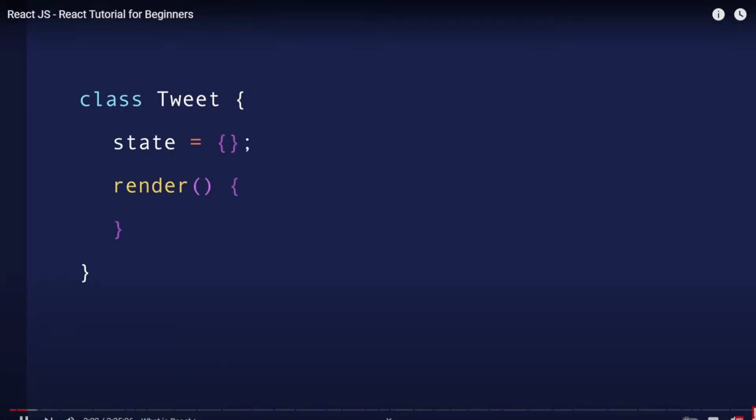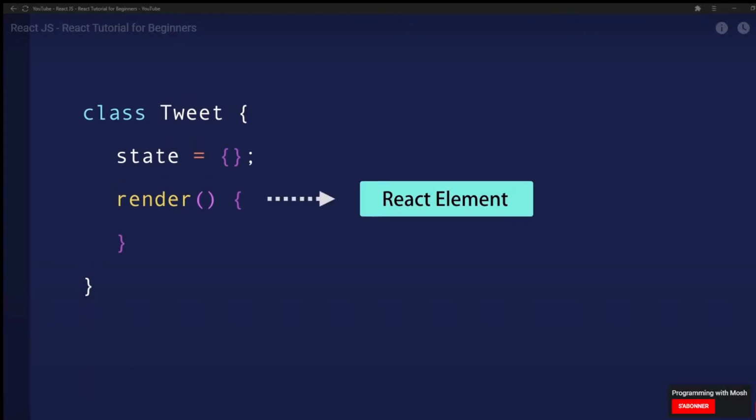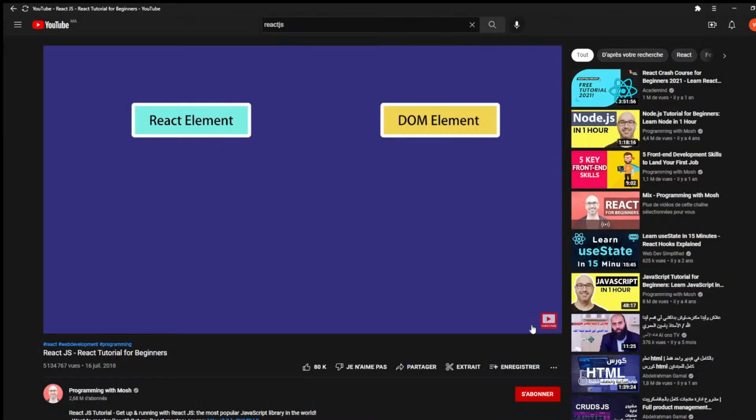In terms of implementation, a component is typically implemented as a JavaScript class that has some state and a render method. The state here is the data that we want to display when the component is rendered. And the render method, as you can tell, is responsible for describing what the UI should look like. The output of this render method is a React element, which is a simple, plain JavaScript object that maps to a DOM element. It's not a real DOM element, it's just a plain JavaScript object that represents that DOM element